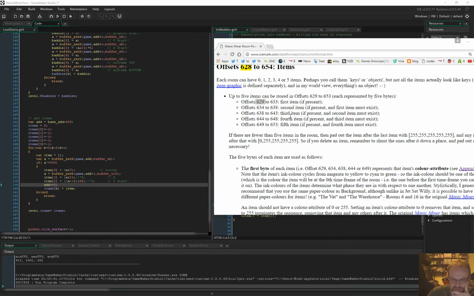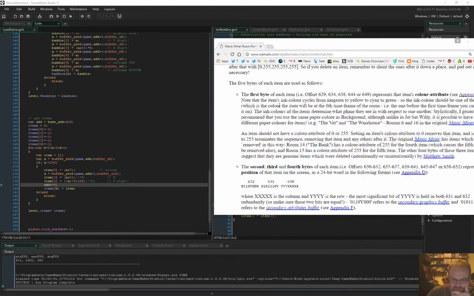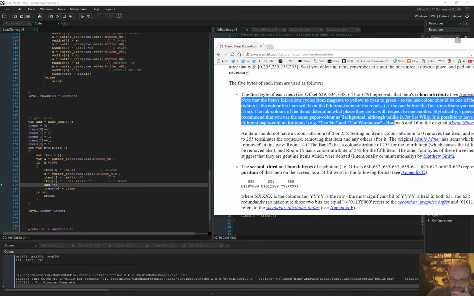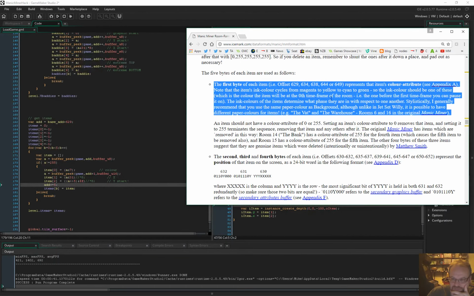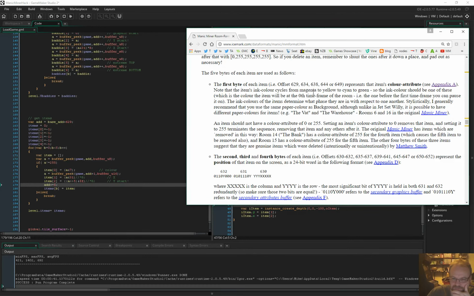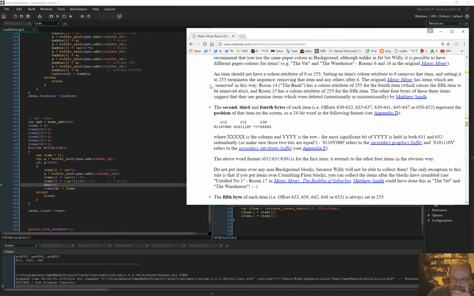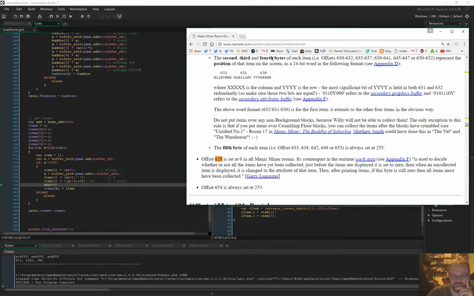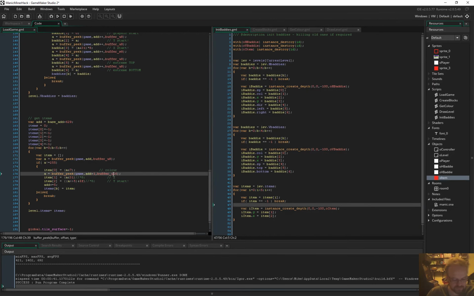Then first byte is basically color stuff. I'm not overly fussed with it at the moment. Color. Second, third, fourth bytes. So first, second, third